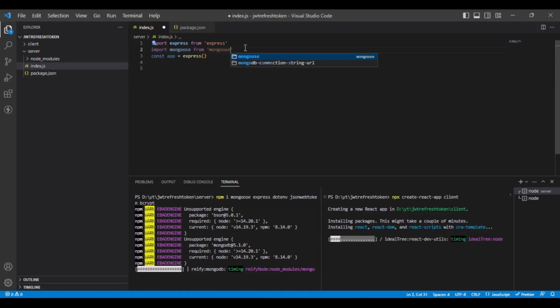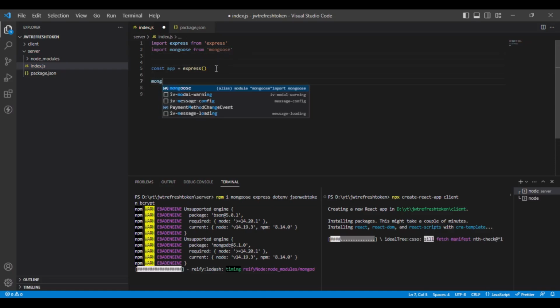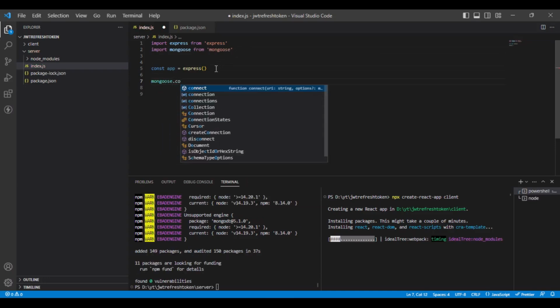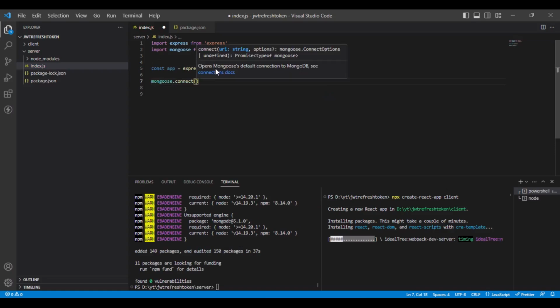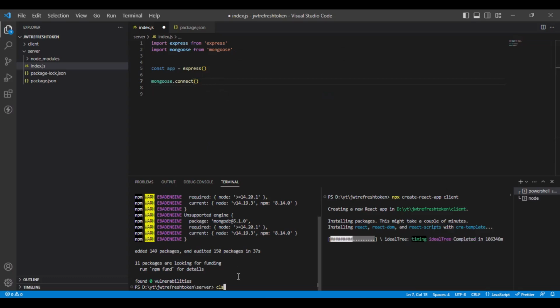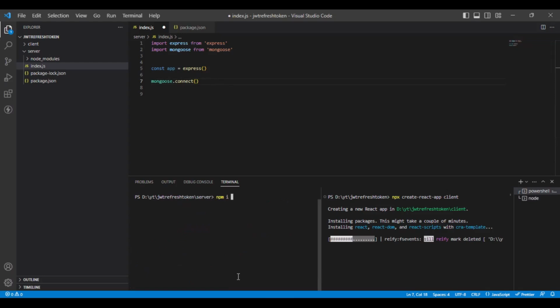It has not been installed yet, and once mongoose has been installed, then I will call this function mongoose.connect, and here I need to pass the mongoose database value, but before that I will install